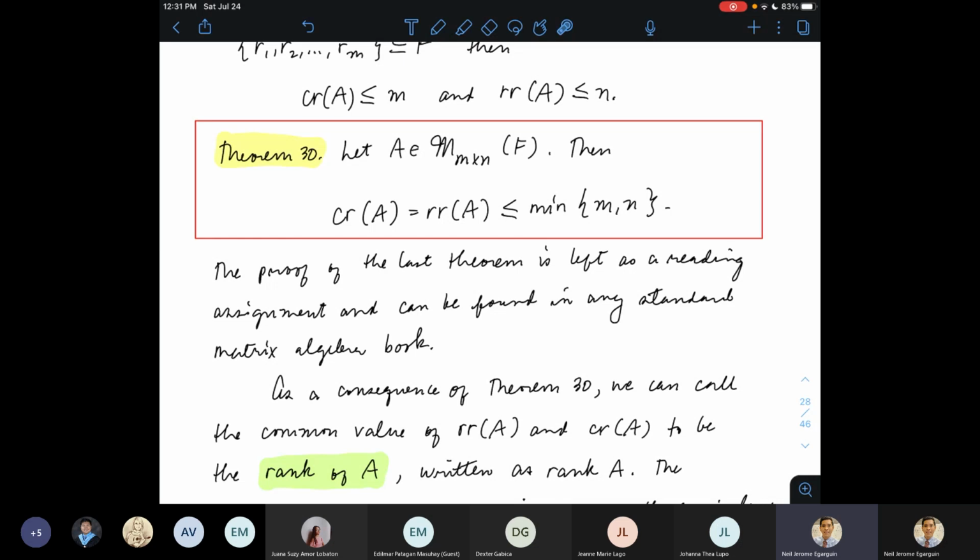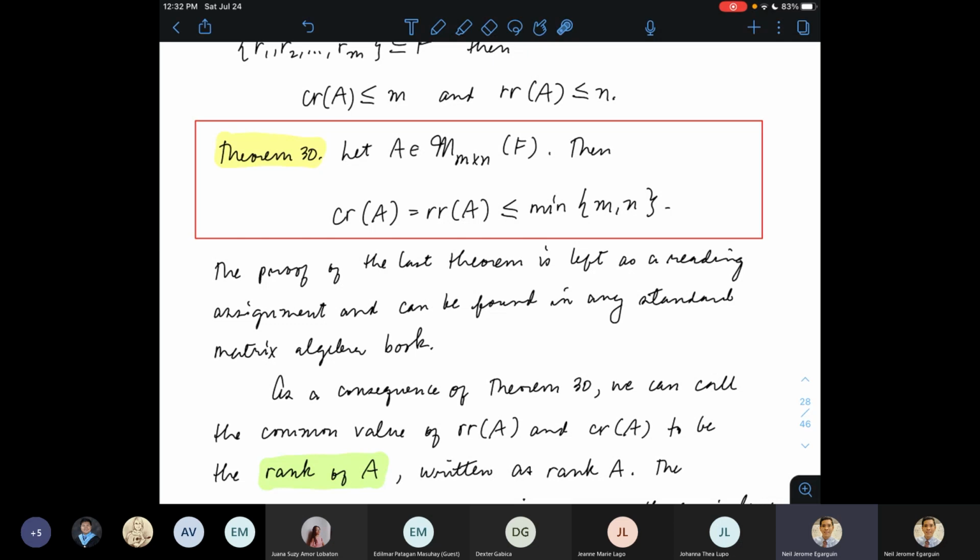The proof is quite tedious mechanically, but the essence of this theorem is in the result itself and not in the proof. So you can read the proof from any linear algebra book, but our focus here is to appreciate the result